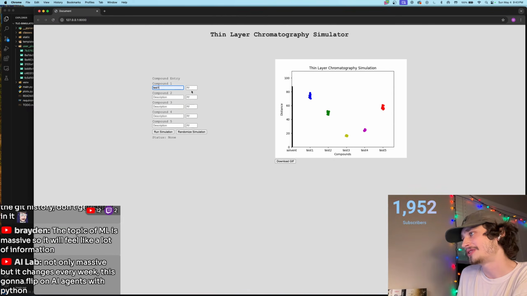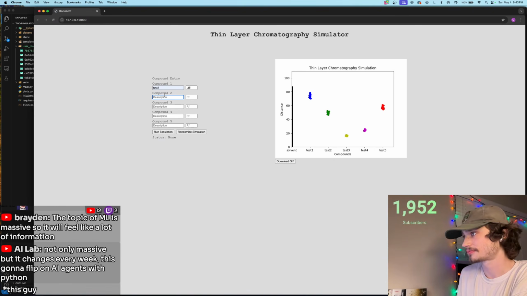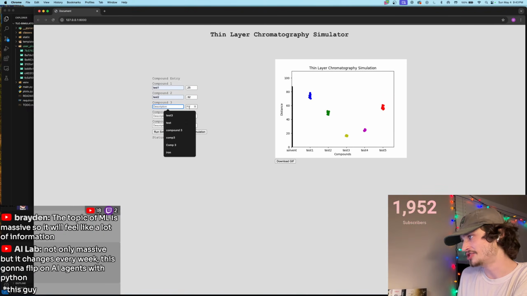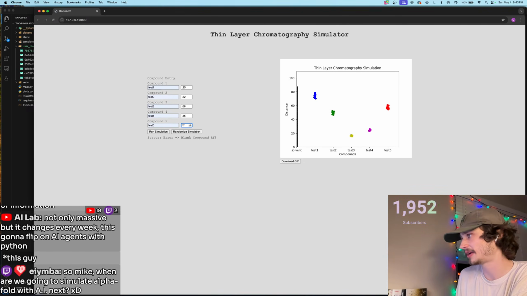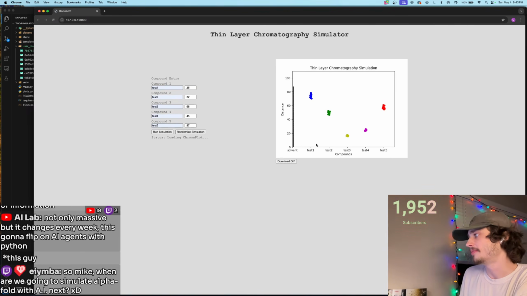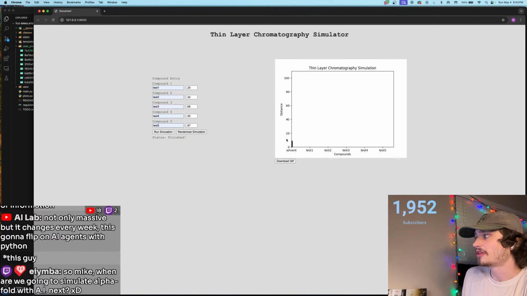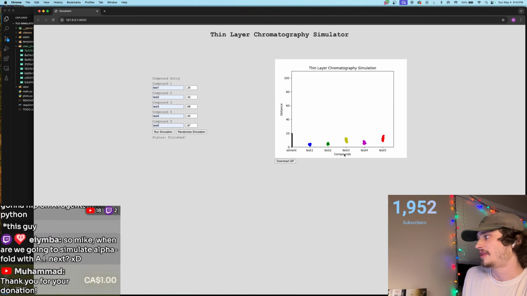So the user can enter in compound names and RF values, within 0 to 1, and then generate chromatography plots, like basic general chemistry chromatography plots. If you've ever taken a general chemistry course back in college or high school, you would plot these compounds on the x-axis and dip the overall mobile or solid phase into a solvent, and then the mobile phase would commence